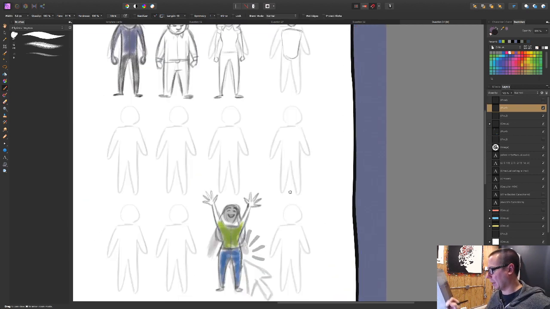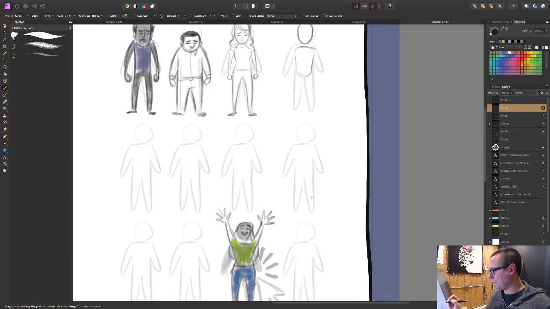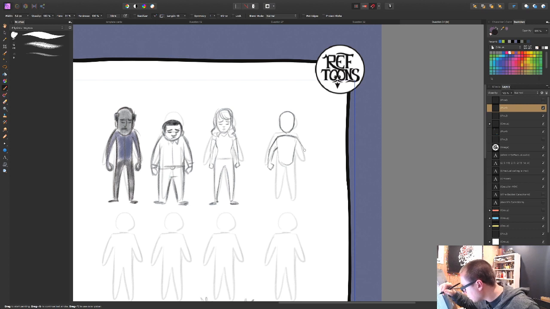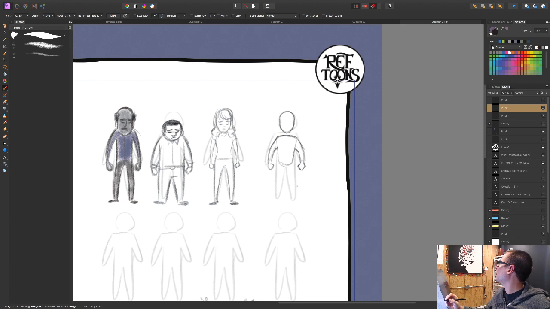So maybe if I'm leaving the mouse click on there, it might make more sense to have these more blank. Let me see how this works.